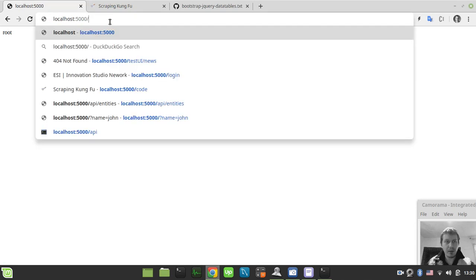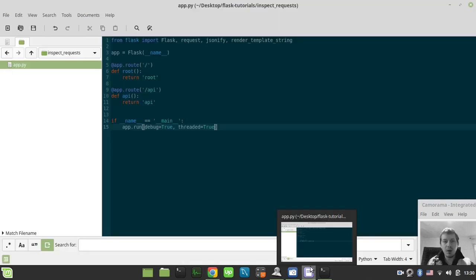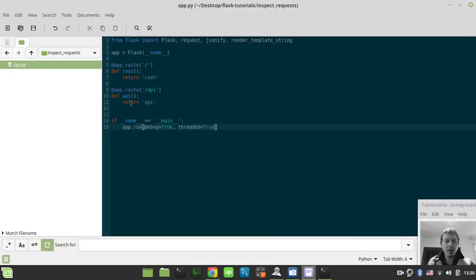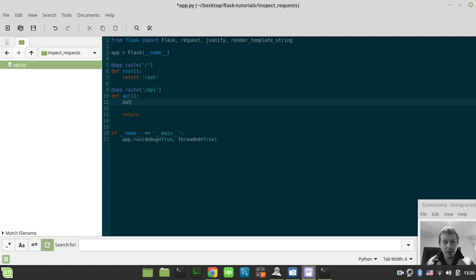So here we have our route being handled correctly, and let's check out the API. Okay, so the API is correct as well. And now let's actually start inspecting our request. So instead of returning API, we can simply return, well, let's first create the data variable here, and here we'll return